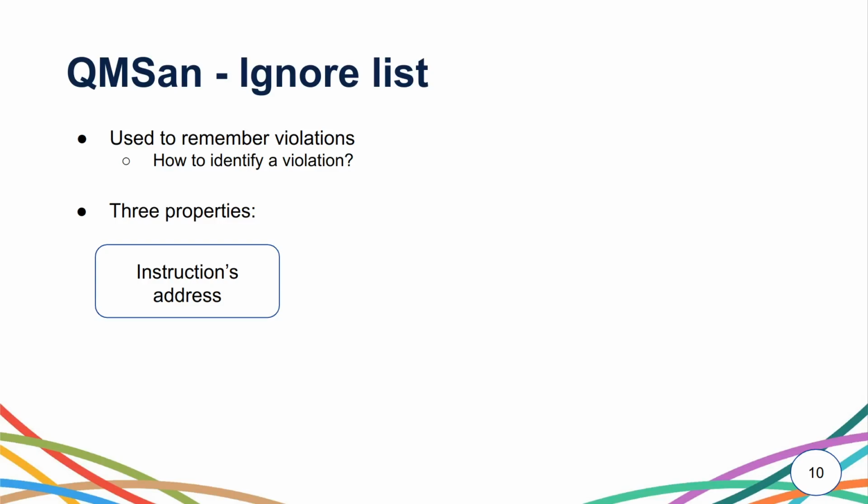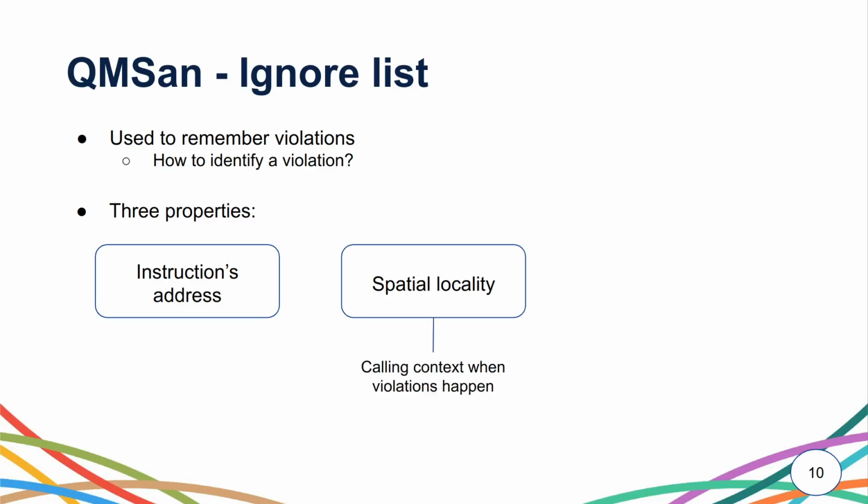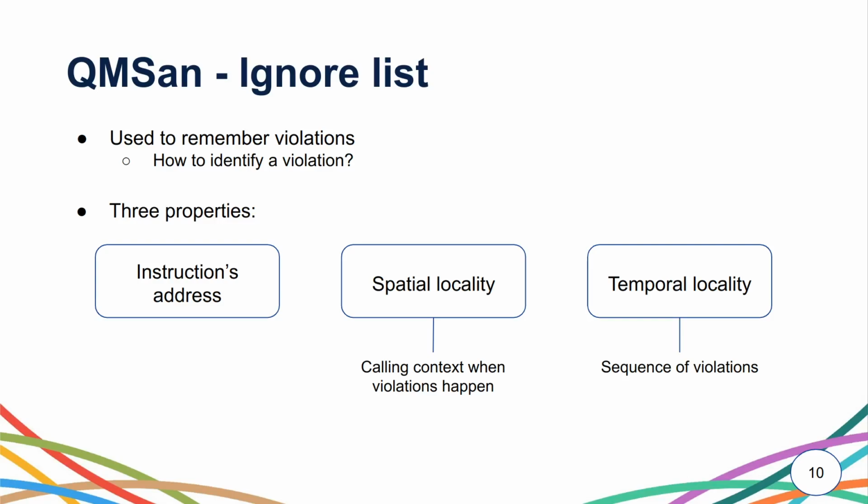So we augment our policy with two more properties. The first one is spatial locality, where we take into account the calling context when the violation happens. Then the third one is temporal locality, in which we take into account the sequence of violations. We find these three properties to characterize the violations well enough to not have false positives or false negatives, sorry, in practice, which we did not observe during our